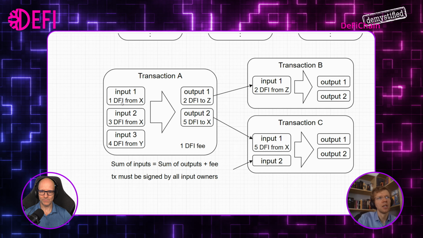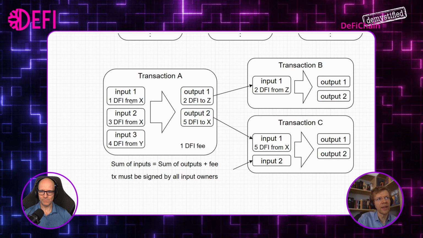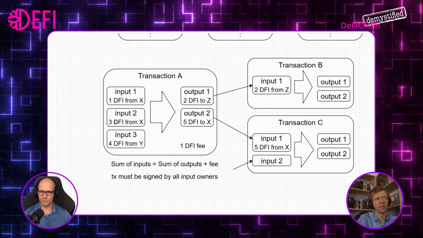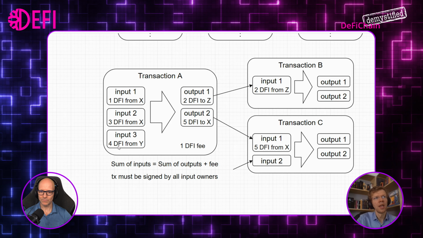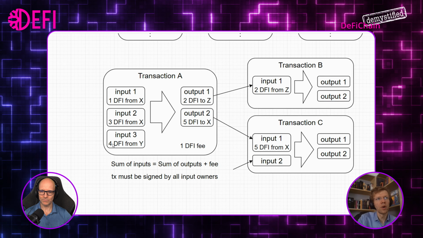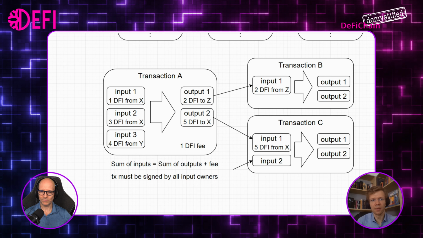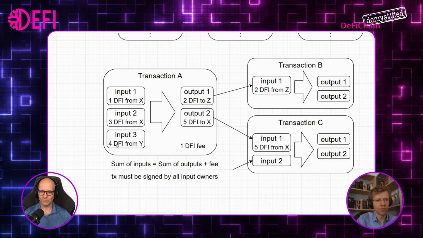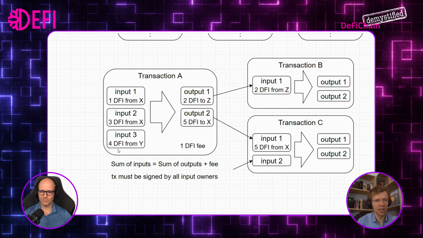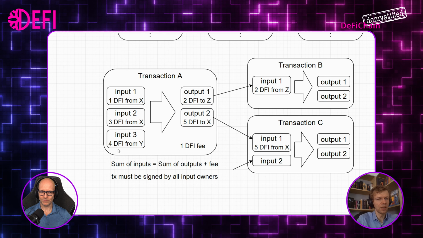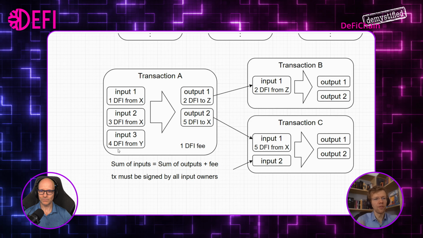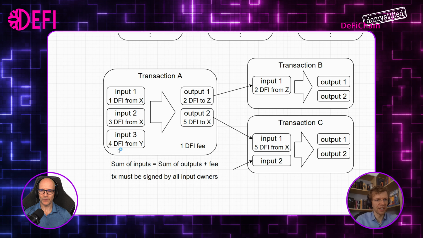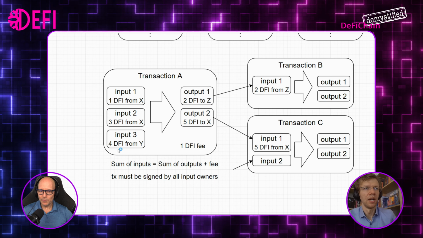And that's what basically happens here, where we say, okay, this guy X got a 1 DFI bill before, he got a 3 DFI bill before, and person Y got a 4 DFI bill. And they now together buy something that's worth 2 DFI. It makes no sense, but for whatever reason, they say, okay, we put that together, we take those 3 bills, we give that to someone, and he gives us back a 5 DFI bill, and that 5 DFI bill goes to X, because only one of the 2 persons can get the 5.